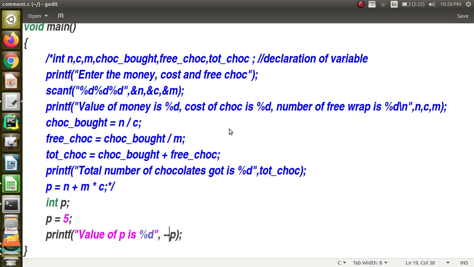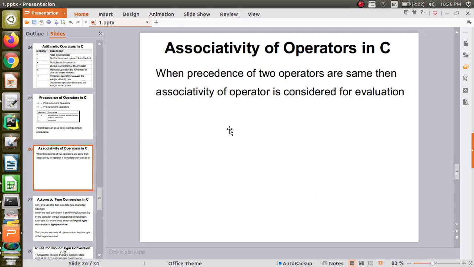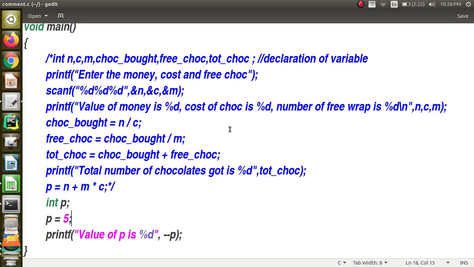And one more thing that is left out is the associativity of the operators. Associativity comes into the picture, for example, if I have 5 plus 4 minus 3. When you look at it, the precedence I just compared to BODMAS is not equivalent to BODMAS, it is similar to BODMAS, that's all. When you look at the precedence, plus and minus both have the same precedence.